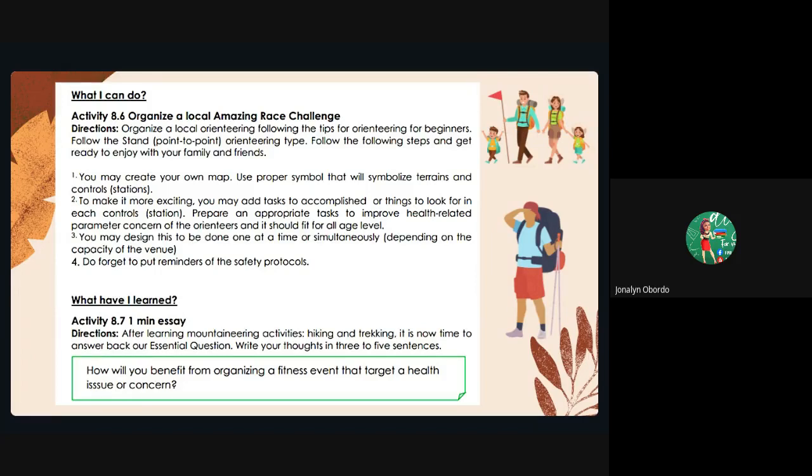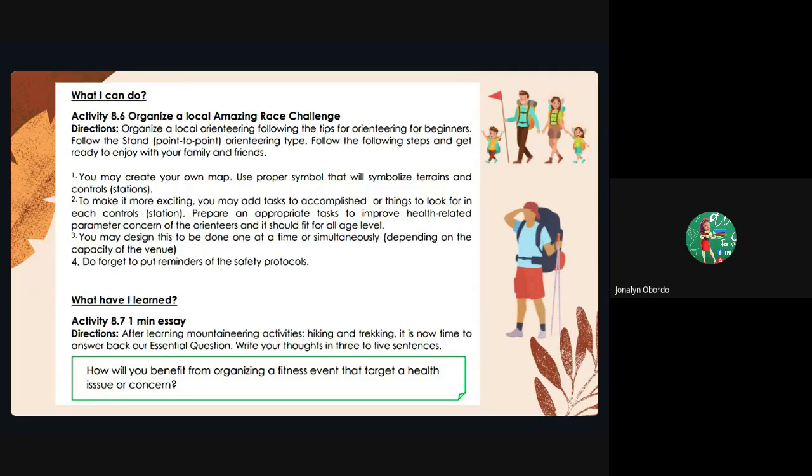Number 1, you may create your own map. Di ba? Use proper symbol that will symbolize terrains and control stations. Di ba? Ikaw nakakaalam ng bahay nyo, ikaw makakagawa ng mapa na pwedeng gamitin sa local version ng Amazing Race Challenge na gagawin ng pamilya ninyo.